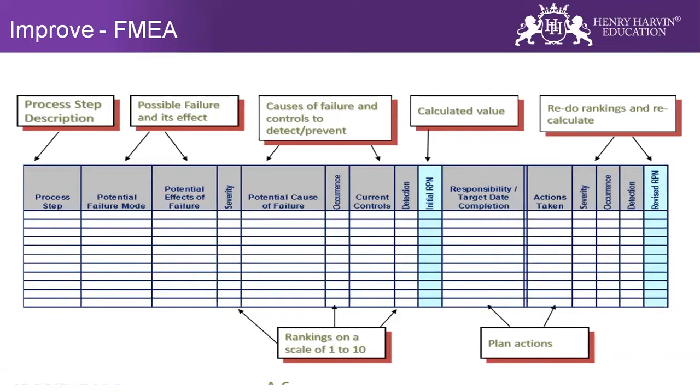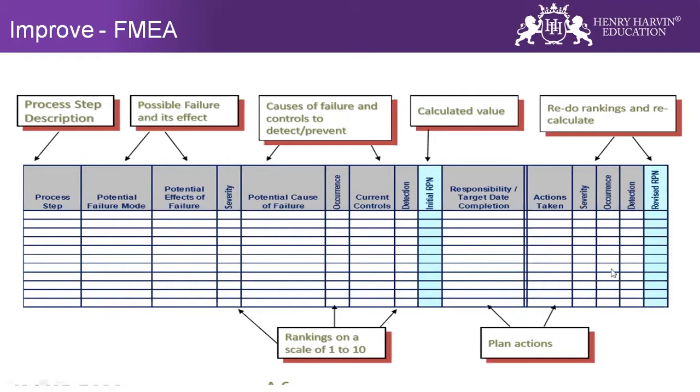Then I will mention if there is any control. So for example, if I anticipate any failure mode, I would try to check within the process whether there is any current control or not. Okay. Then detection, and then the RPN will be calculated. Okay. Then I would give who will be working on this action. So I'll be giving an action plan for this failure mode, what sort of action I'll be taking. That's the planned action. And I'll give a person's name, target date, and completion.